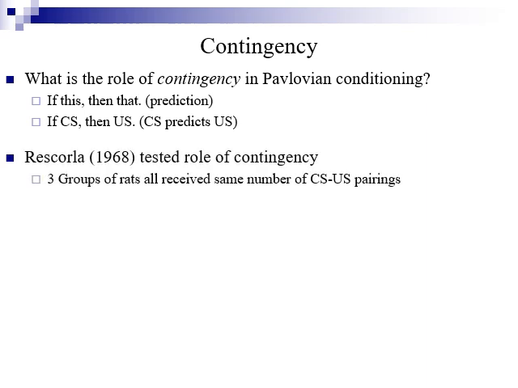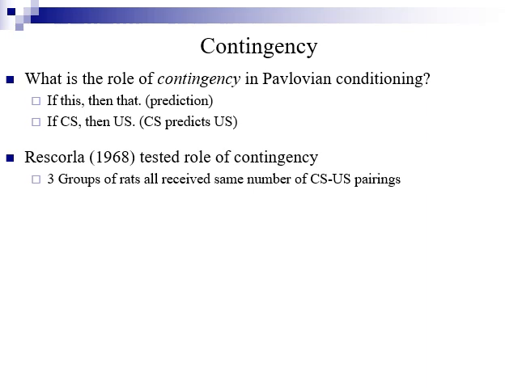So one of the early questions that came up in Pavlovian conditioning was: was it just a matter of the number of times that a CS and US were paired together? Is that what constituted or was necessary for learning? Or was there more to it than that? And so Robert Rescorla tested whether the contingency, the prediction of the CS to the US, was important or whether it was just number of pairings.